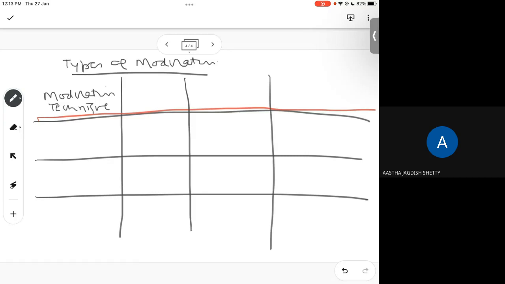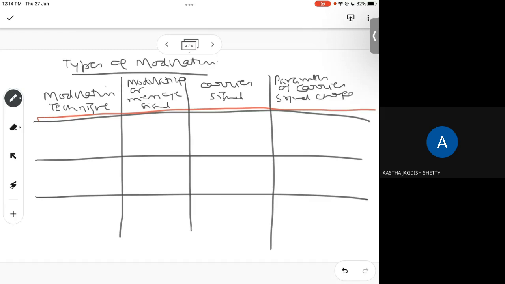So here, my signal, I put in the other paragraph, modulating or message signal. And here I put the carrier signal, which is your high frequency signal. Okay. And here, a parameter of the carrier signal is changed. What parameter am I changing? So basically, we talk about the analog modulation, then there is a digital modulation,